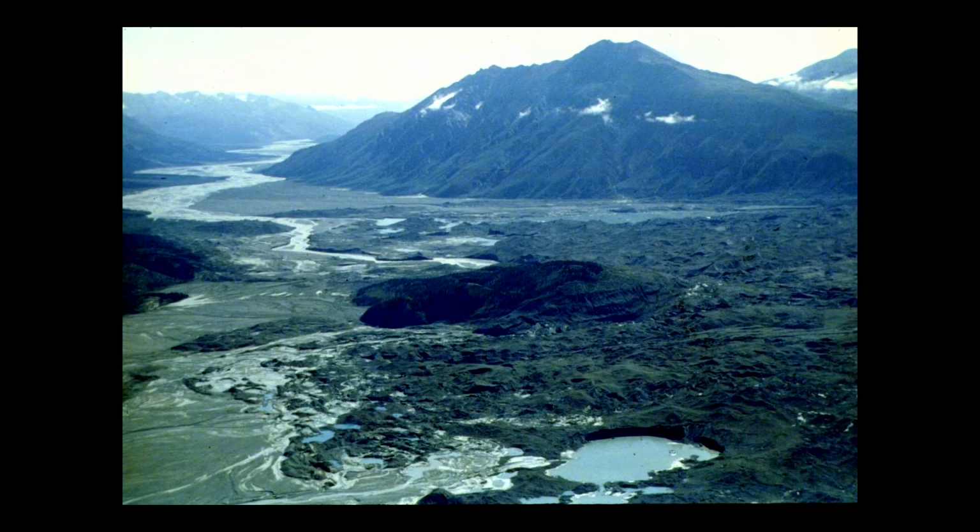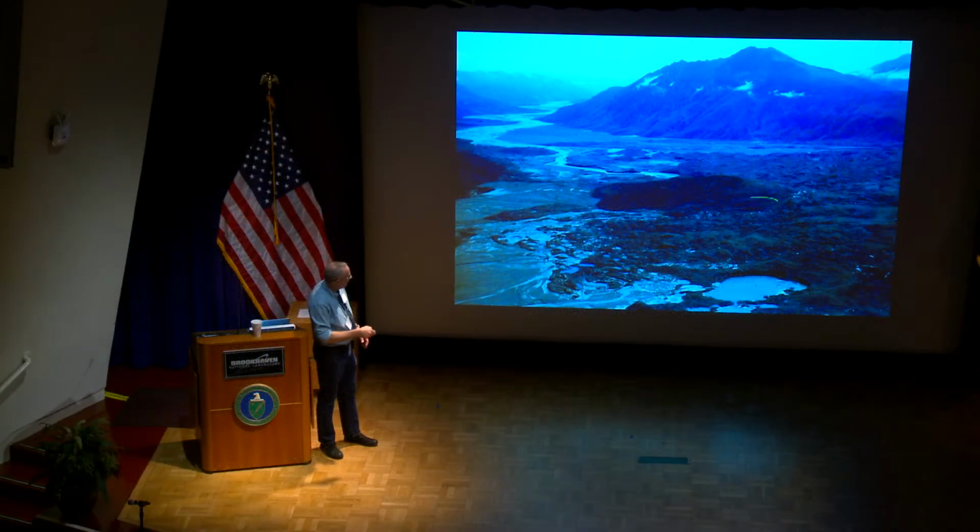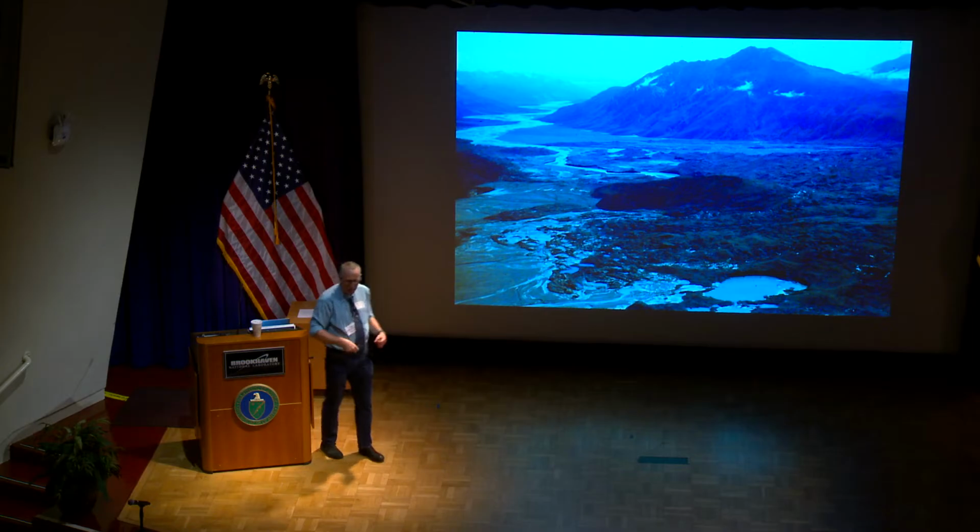So let's go from cartoon to image. This is a deglaciated valley in Alaska, and so the ice margin used to be somewhere around here. The glacier retreated, and you can see what's left behind. You have this very, very irregular, bumpy landscape, which is caused by all the rocky material in the ice just melting directly out of the ice as the glacier